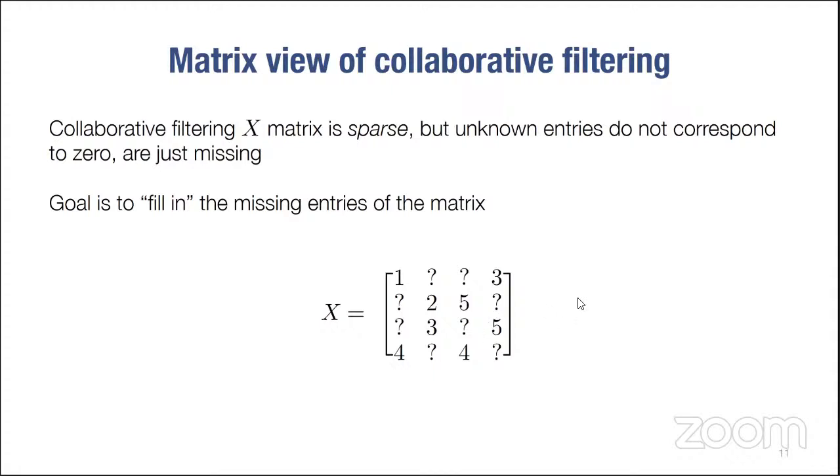Because the idea is, if you can fill in these numbers, then we have a way of knowing if that user would like that movie. So the score here is from 1 to 5, with 1 being that the user did not enjoy that movie, and 5 being that the user really likes that movie. So we want to fill in these question marks, because if we can, then we can say, okay,